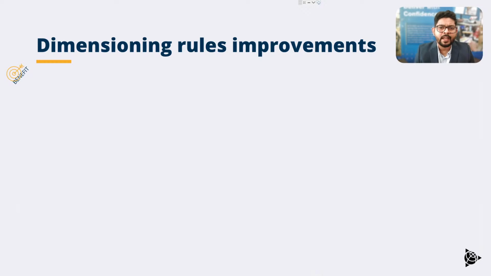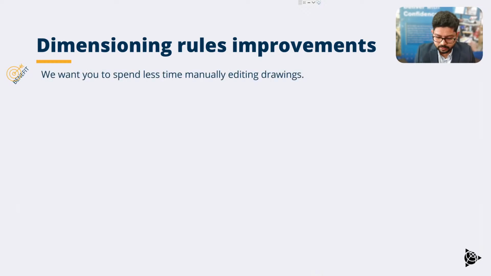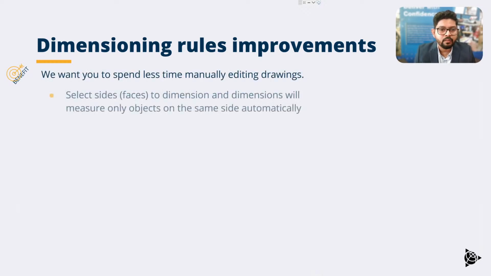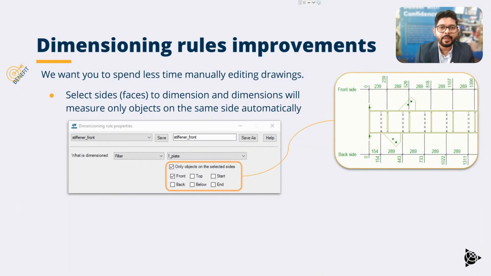And now looking at the dimension rules, now we have a new control wherein users can specify the location of dimensions with respect to the main part. That is like a front view, top view, etc. So this way, if a user wants to place a secondary part dimension from the flange or web, or just wants to dimension all the secondary parts which are coming on the front side or back side, they can do it